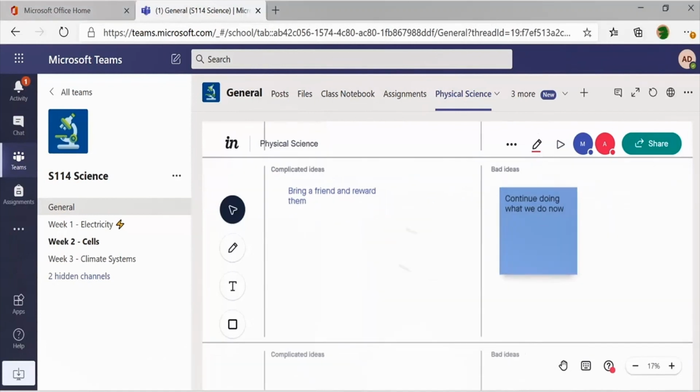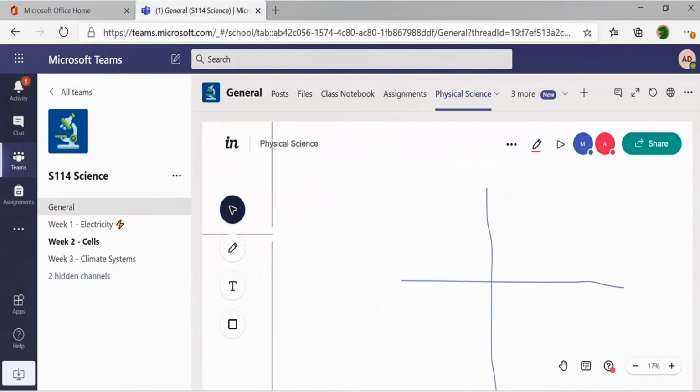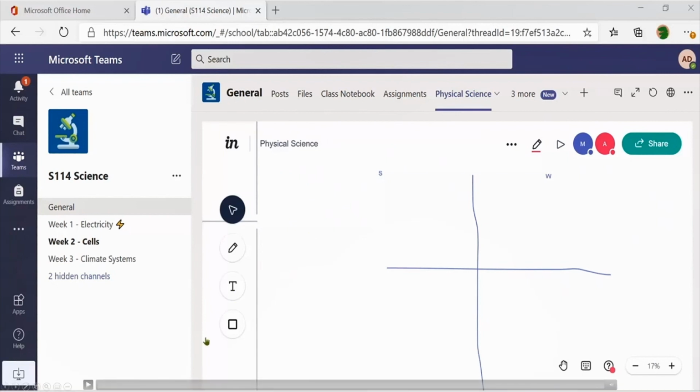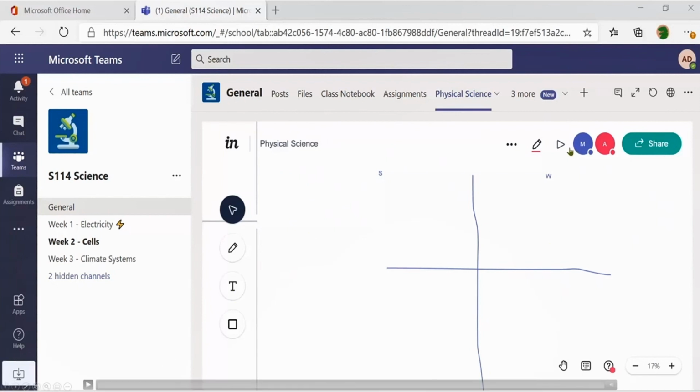And I'm still following Marsha here, who's now gone to the right hand side and decided, okay, we need to make up a bit of a quadrant here. We might put down S for strengths, W for weaknesses, starting to think about a SWOT analysis, for example, and then we could start to ideate and fill in some of the things around there, as we can do that in multiple ways.